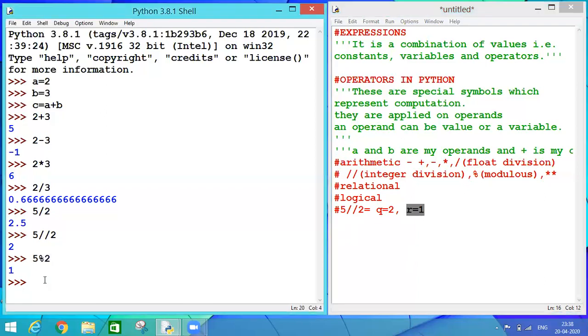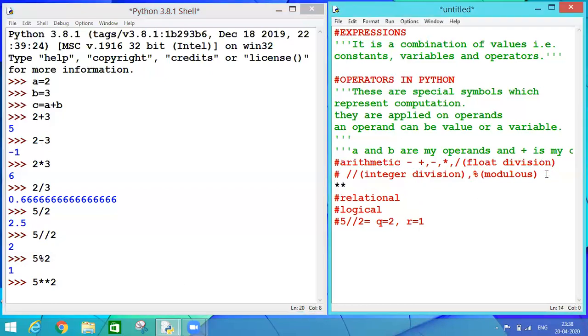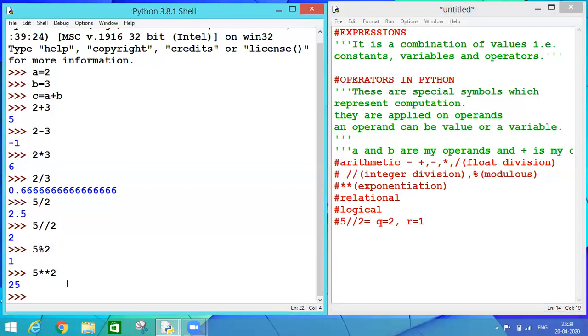After that, we are going to discuss this double asterisk, double multiplication, which is known as the exponentiation operator. So how does it work? Let's check once. See, it is giving me 25. Because my exponentiation operator works like the power of symbol.